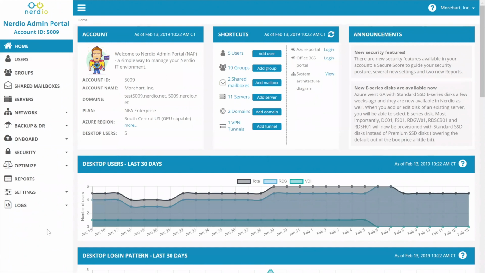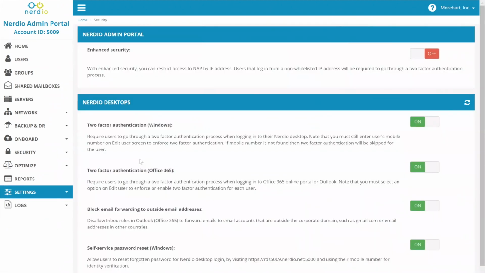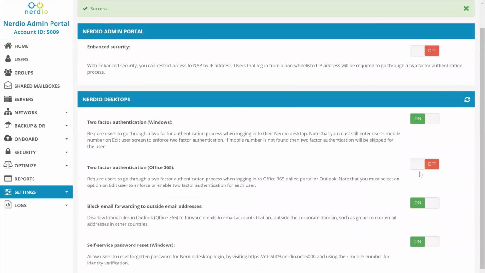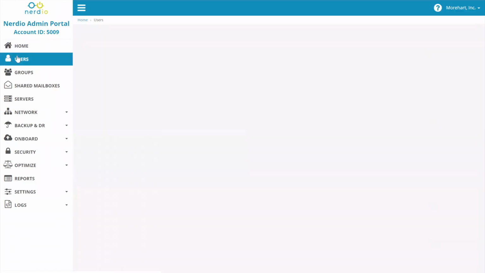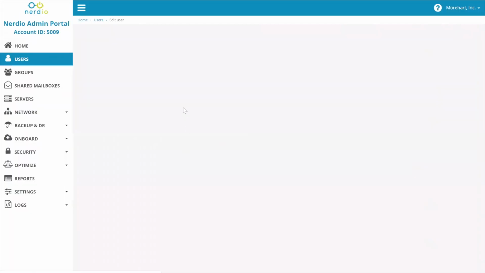So in the Nerdio Admin Portal, there are a couple of things that we help with when it comes to 2FA in Office 365. So first, there is this on and off button, right? Having this button set to off, I believe, is the default setting when an account gets provisioned. Now, this doesn't actually affect anything that's going on in Office 365. What it does do is change the UI on each individual user's account, and you will not see an